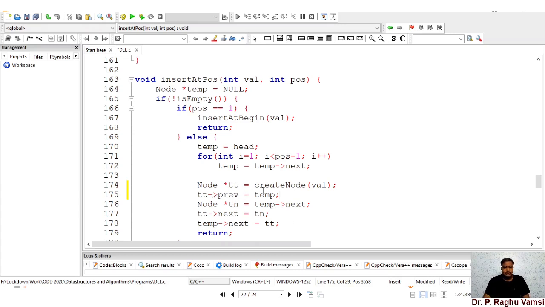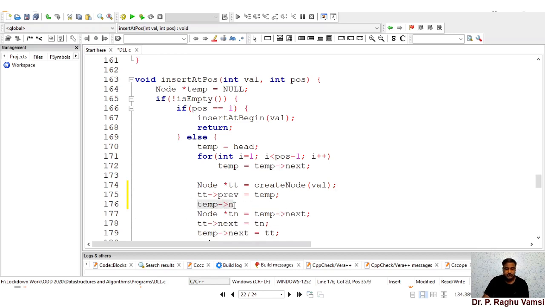The newly created node's previous we have assigned to temp.